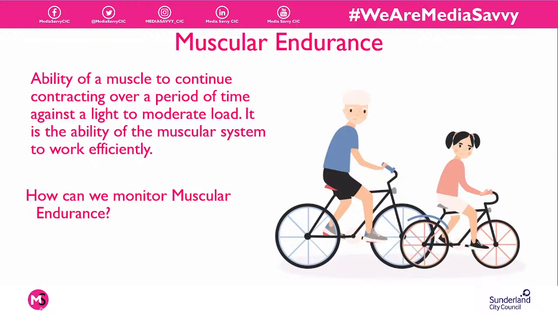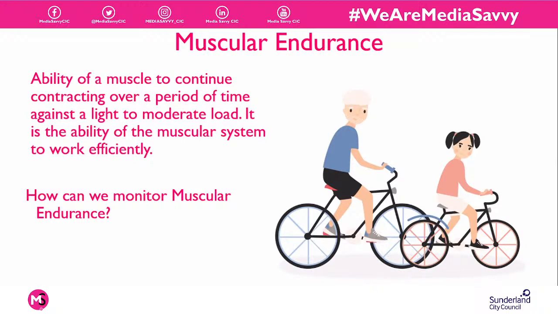So again, how do we monitor muscular endurance? Of course, it depends on how much time we've got, but muscular endurance is what we're using when we're cycling. Pedaling over and over and over again. Push the pedal, push the pedal, push the pedal for however long it is that you're cycling for. It's very repetitive when you think about it like that, and those muscles are working over and over and over again. So a way that we might monitor muscular endurance is,